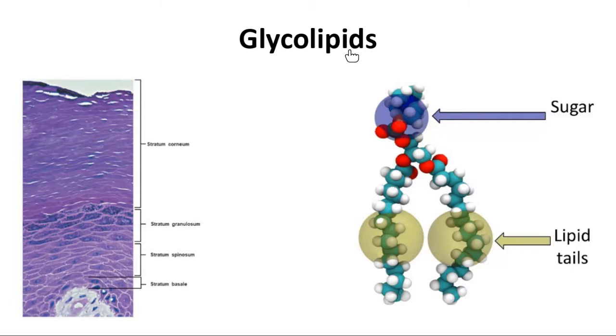Glycolipids. Their name tells us exactly what they are. Glyco means sugar, like glucose, sugar. And lipids means lipids. This is a molecule that has sugar in one part and lipid tails in another part. Like Kira mentioned, literally my name means sugar fats. So your skin makes these things called glycolipids, these sugar fats, and their job is to help with